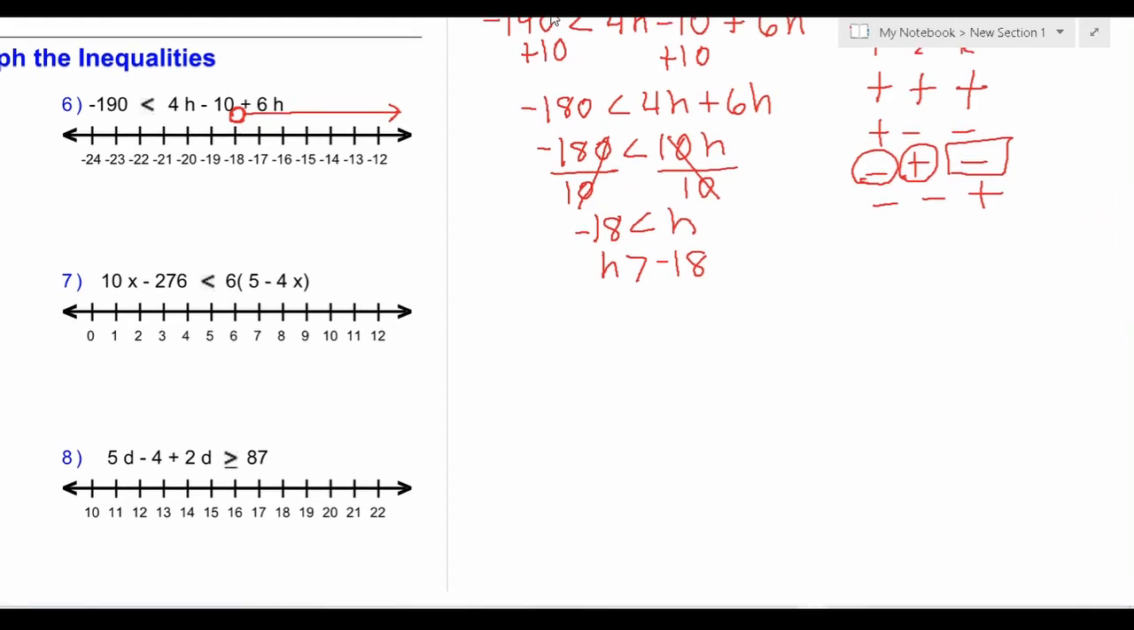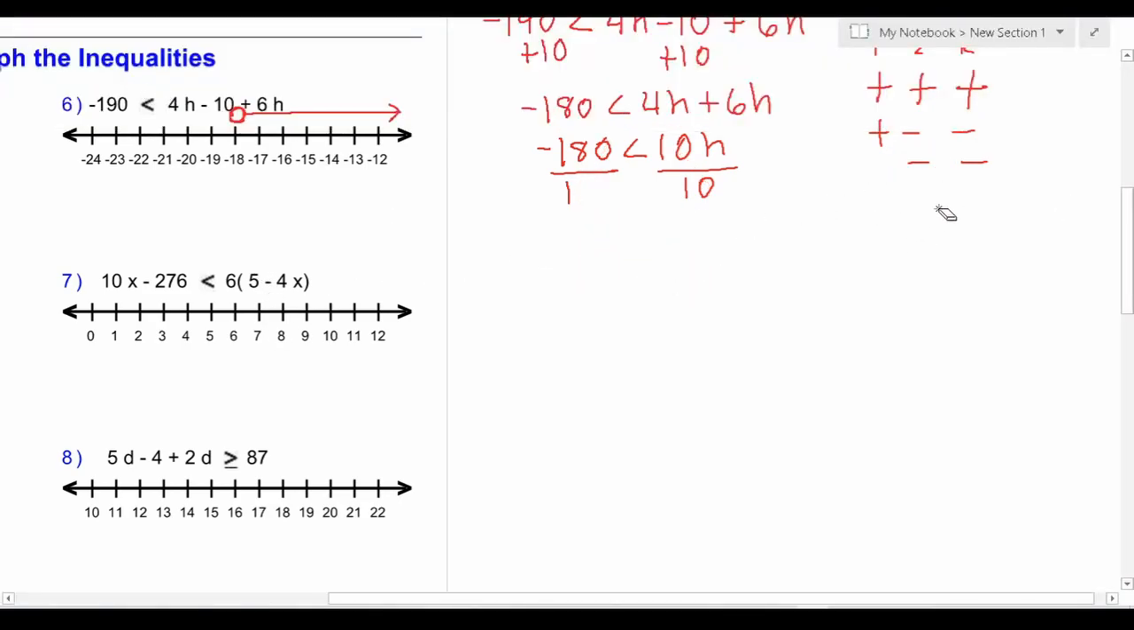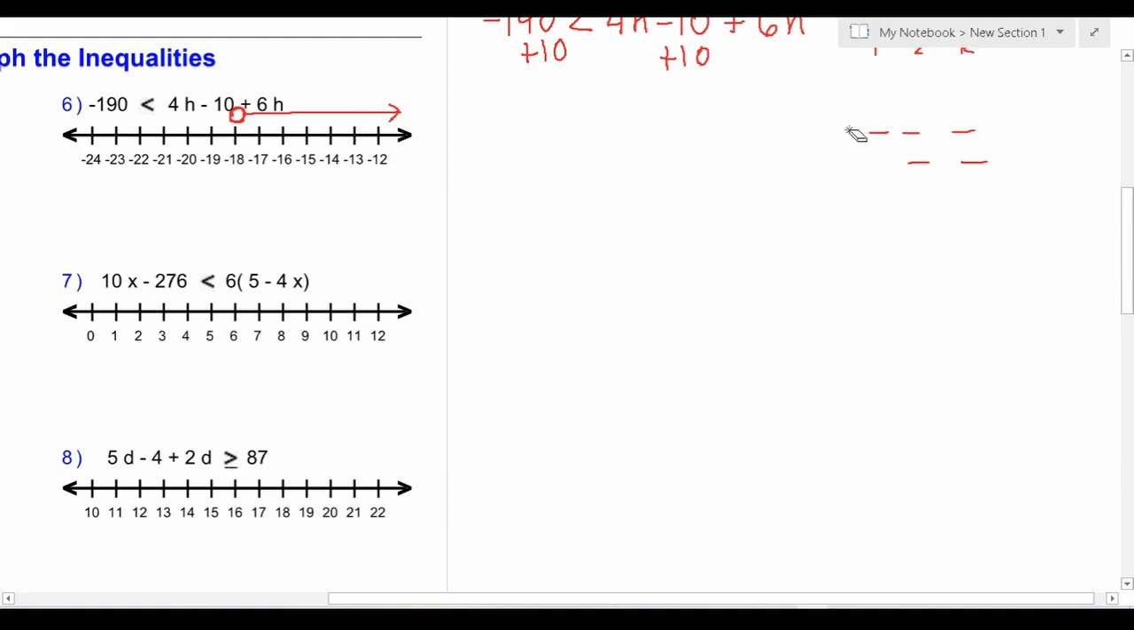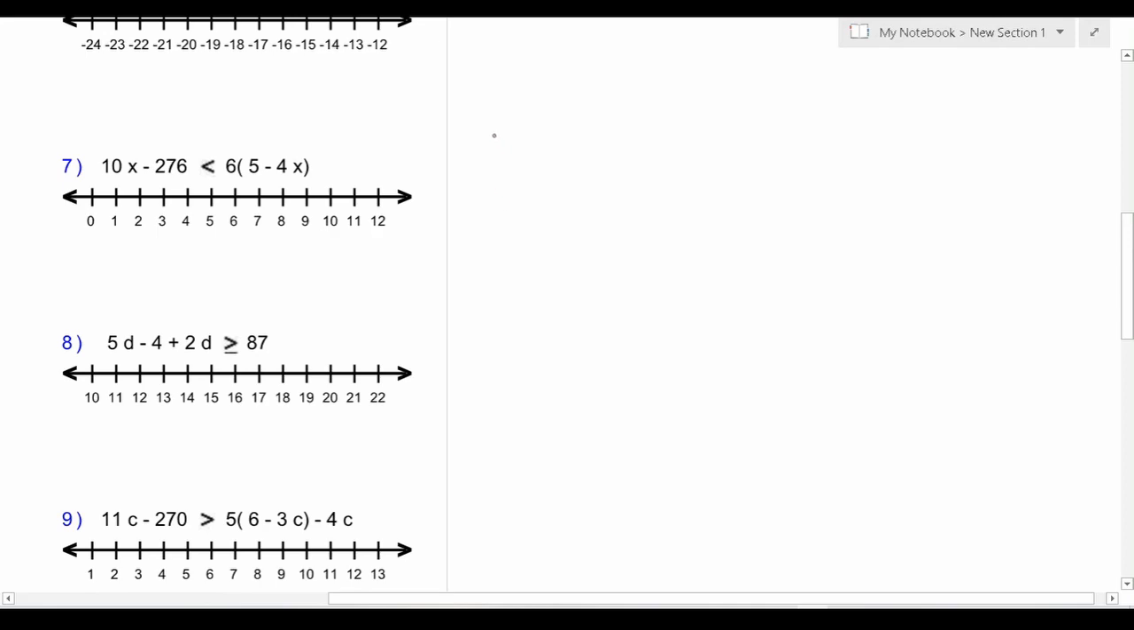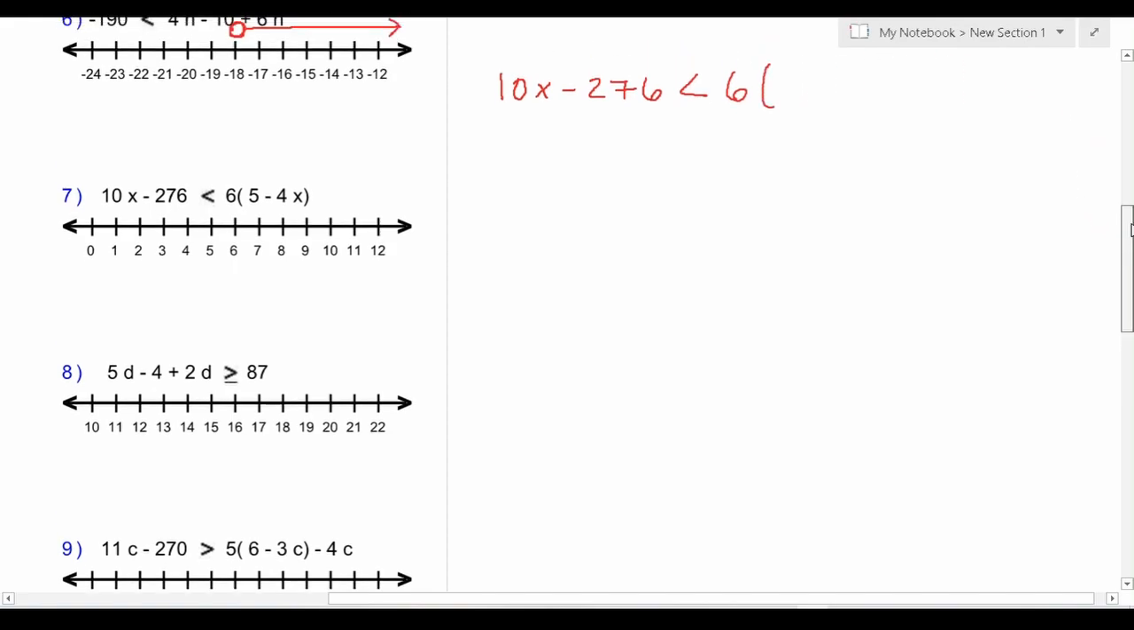And let me go ahead and get rid of this so I can have some room for these next few problems. Okay, number 7 says 10x minus 276 is less than 6 times parentheses 5 minus 4x. So we have 10x minus 276 is less than 6 times, let's go up a little bit,